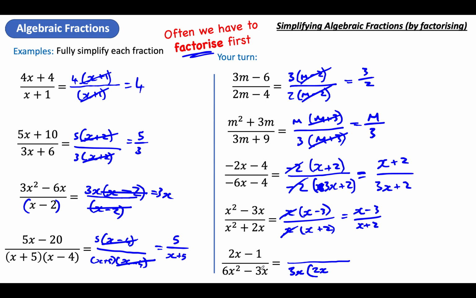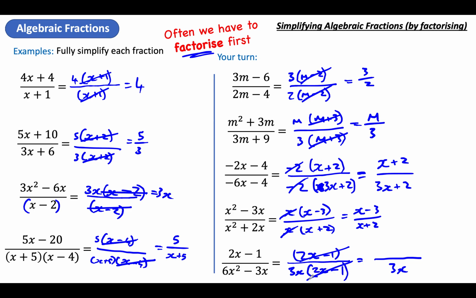Well, how do I make minus 3 from that? I times it by minus 1. And look what's on top of our fraction, 2x minus 1 and 2x minus 1. Okay, now what are we left with? Underneath it's easy, 3x. Now, what we've actually done here, I know I keep saying it cancels out, but what